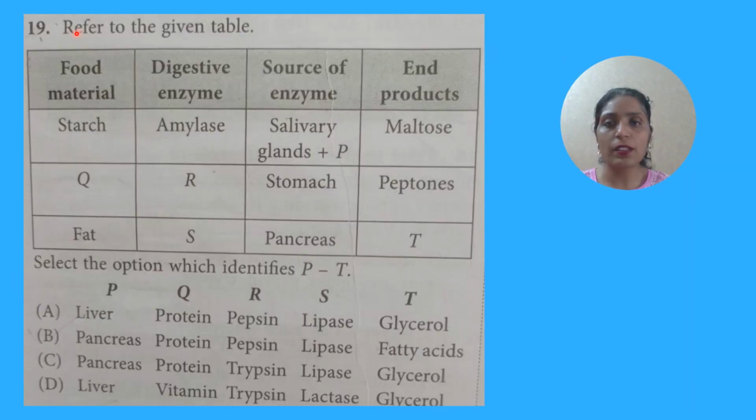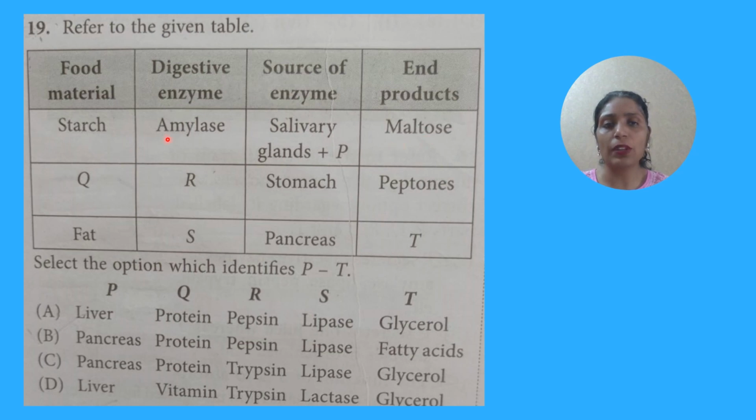Let's do some questions now, which I am taking from the MTG book. The first question I'm taking refers to the given table. Here food material is given in column 1, digestive enzyme in column 2, source of enzyme in column 3 and end product in column 4. They have asked to select the option which identifies P to T. So let's start. Starch is the food material, amylase is mentioned, the source is the salivary gland plus P, and the end product is maltose. So here we know that